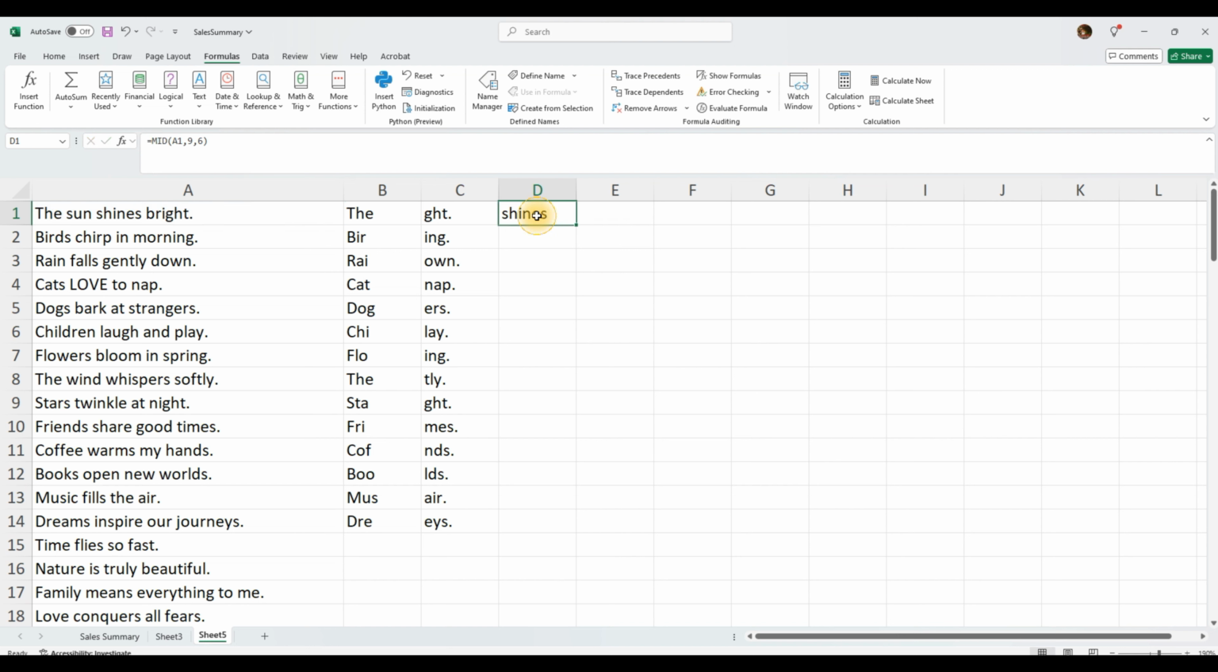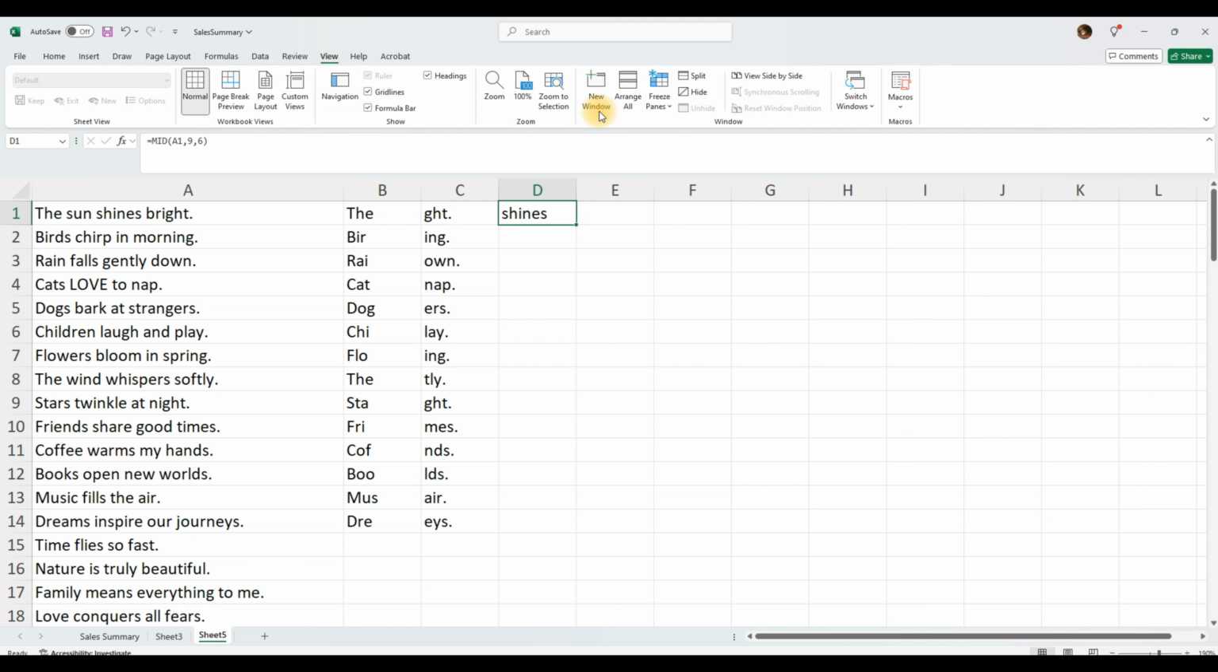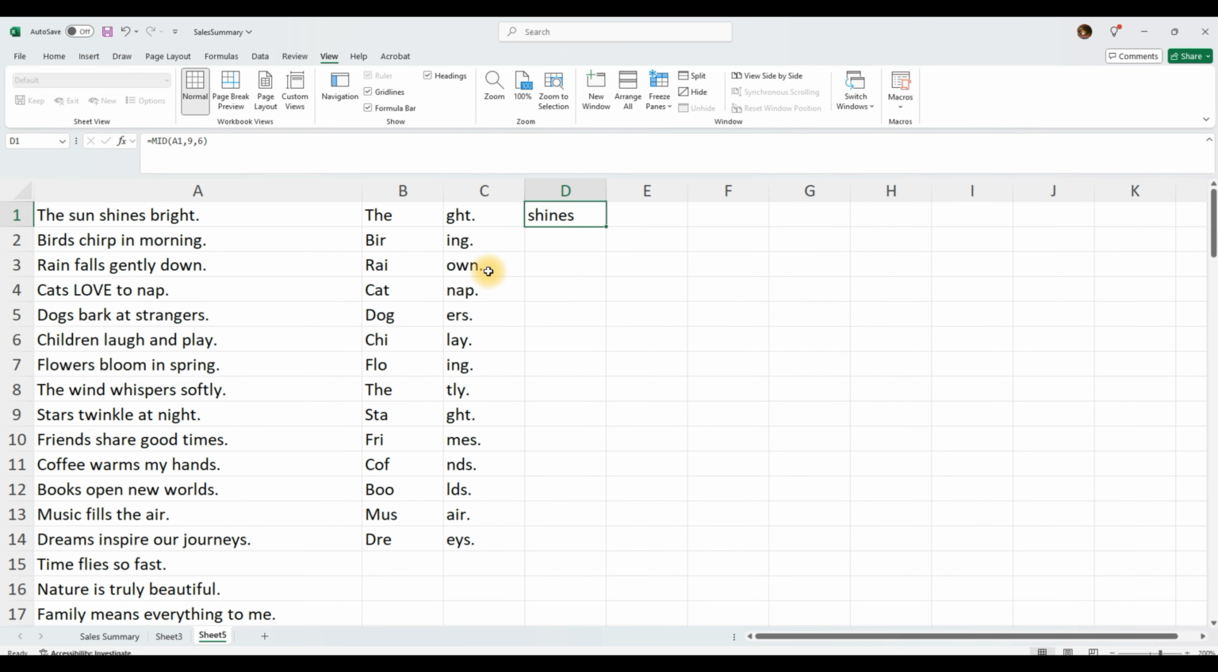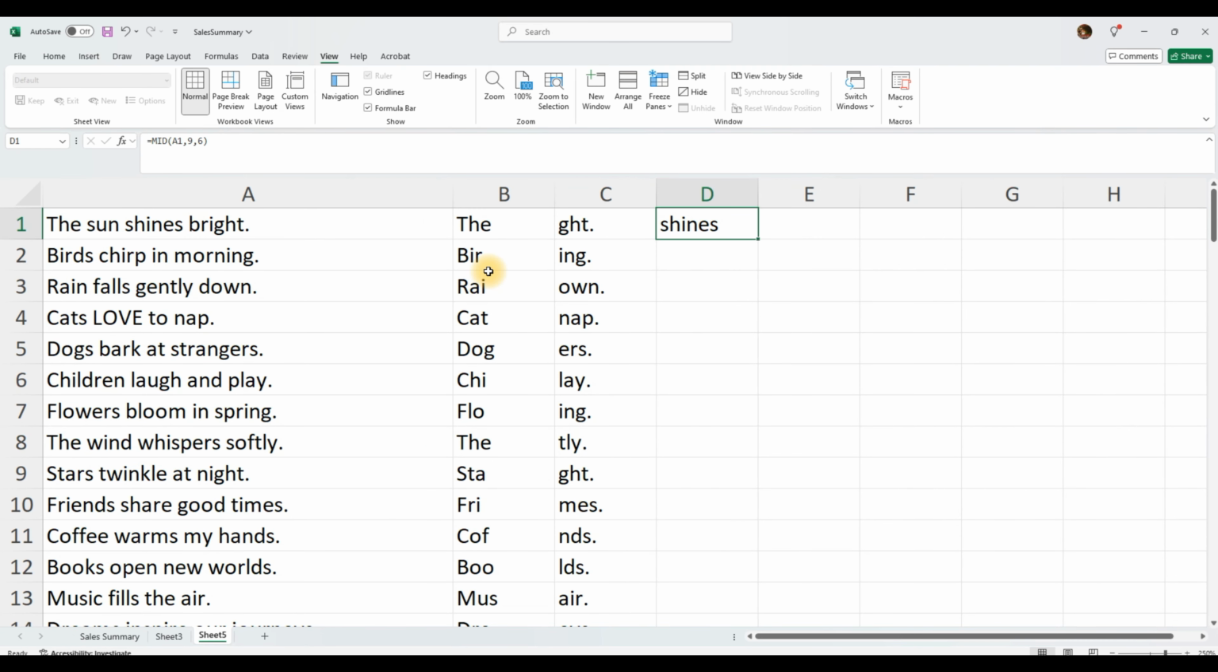So it gives you shines. So what I did here, let me enlarge this a little bit, zoom in, so that maybe 200, just a bit more. Okay, so yeah, MID gives you, so I'm using this complete text, and the position 9 means from the 9th